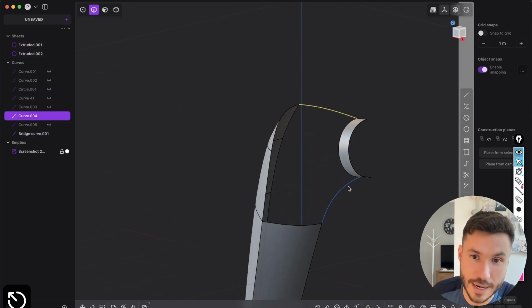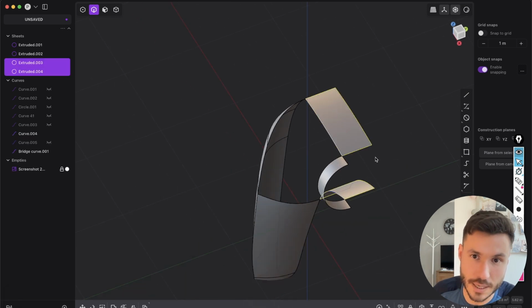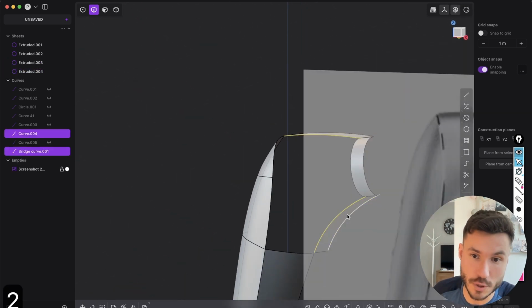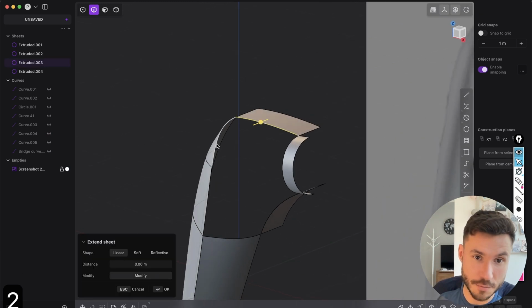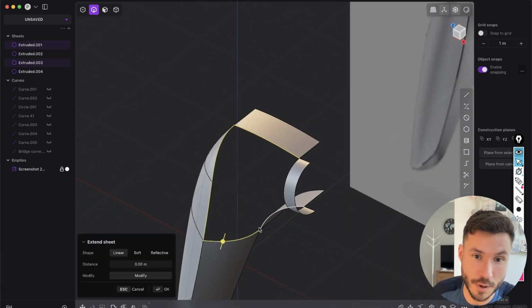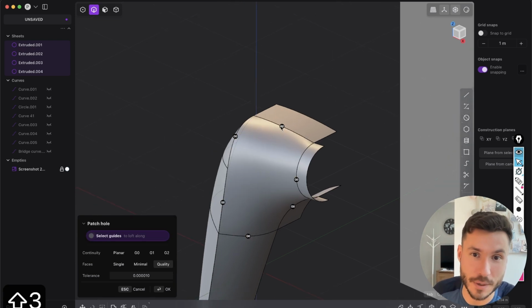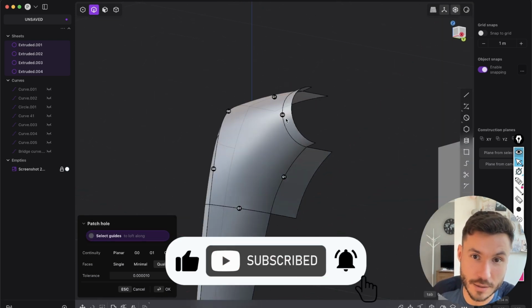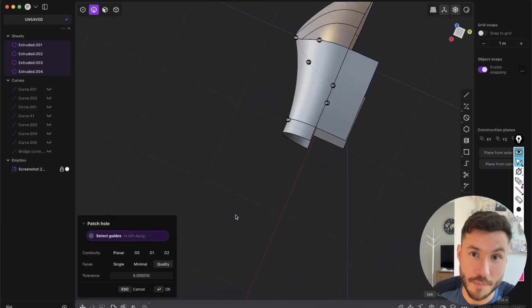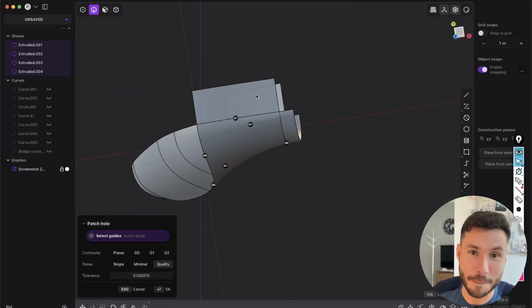But if we select those two curves, select E and extrude them, and hide those blue curves, and do now the same: if we select here all of our boundary edges and patch it, bam, we have G1, we have G1, we have G1, and here we don't need any G1. And it looks almost correct, but it's not, because